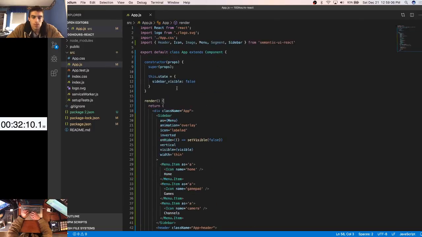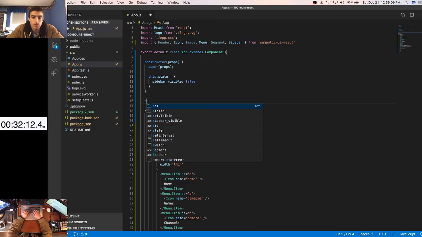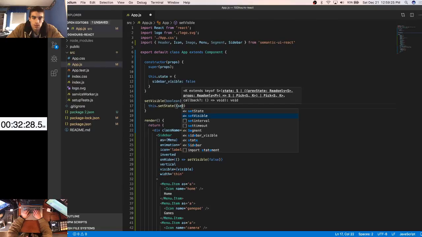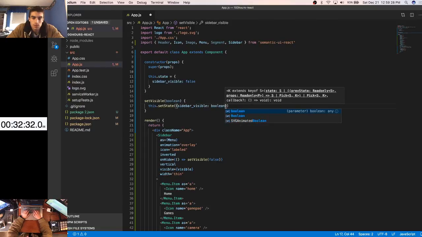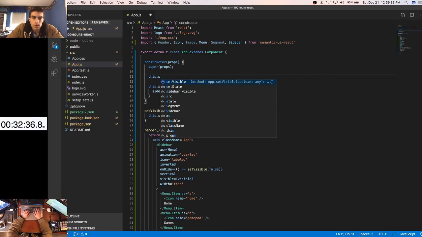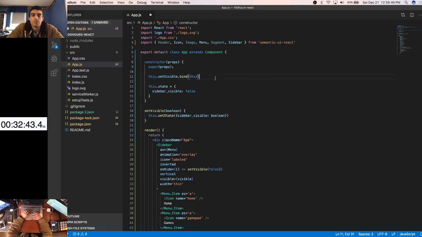Okay, and then we want to have a function. This is this.setState, and we'll say sidebarVisible to bool. And then we actually do this.setVisible.bind to this. Okay, so now